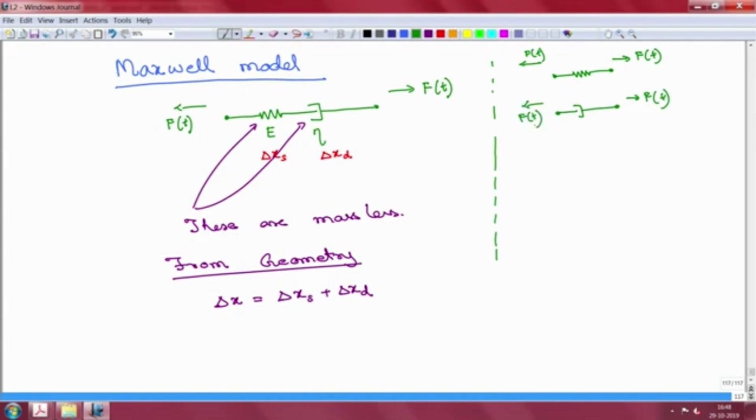Right. So, if I were to write from force balance, we have Ft, or the force Ft is equal to